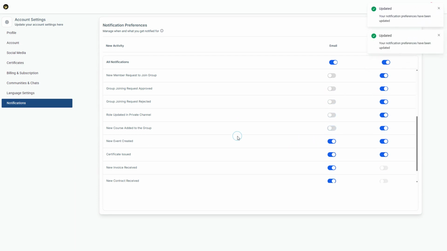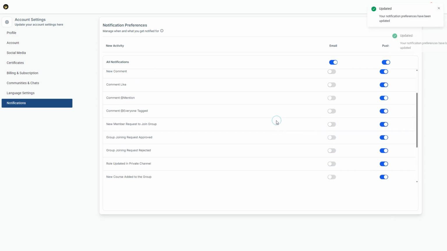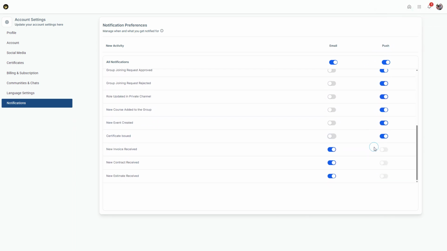Okay. And two more like this. So now I will get most of the notifications by push notifications to the web browser or to mobile app. There's also a mobile app available. And then when I receive invoices, contracts, or estimates, like proposals, then I will receive an email notification when I receive those. Okay, that's enough for